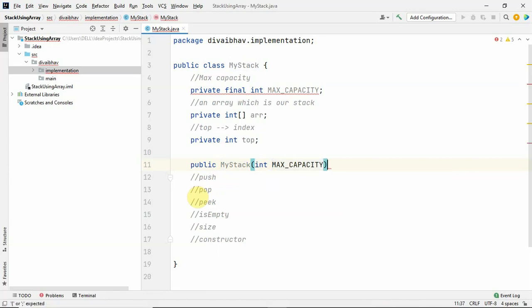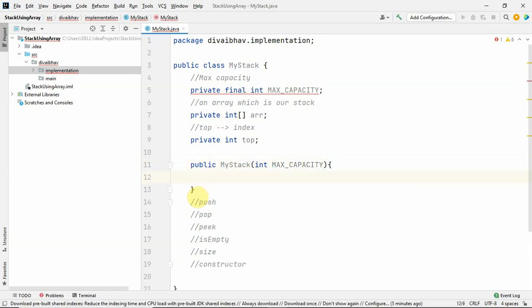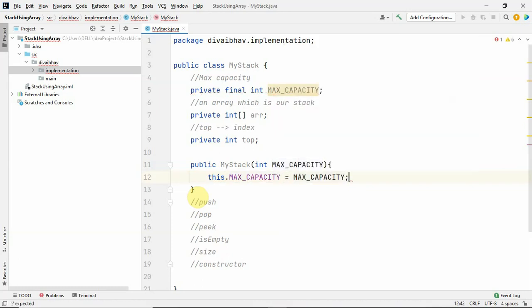From the user we are going to accept the maximum number of elements that can be stored in our stack. So first we'll initialize this dot max capacity by the argument, that is max capacity. By the parameter we are initializing this max capacity value.